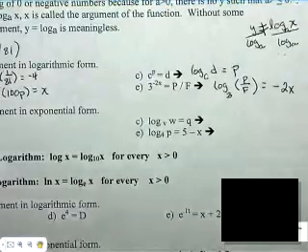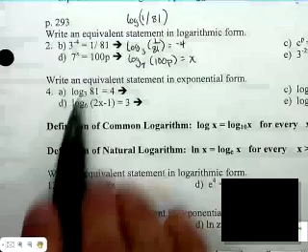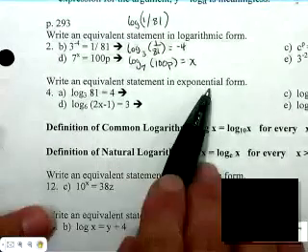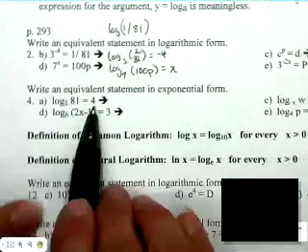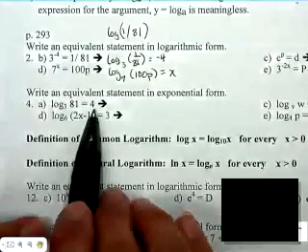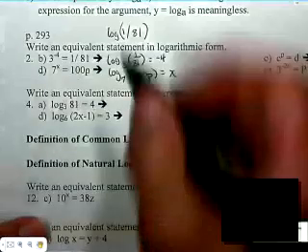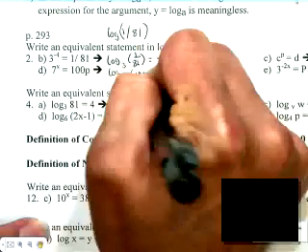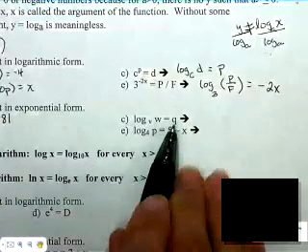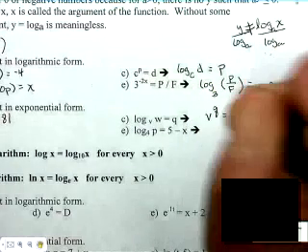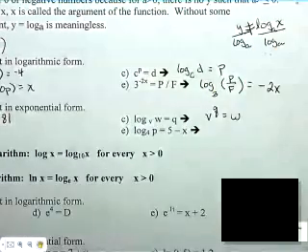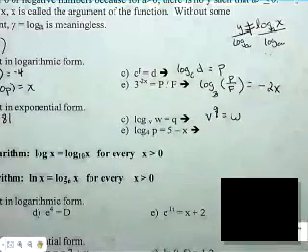All right, what about going the other way? I've given you logarithmic expressions. Let's write them in exponential form. The A part, log base 3 of 81 equals 4, means what in exponential form? All right, 3 to the 4th equals 81. C part, log base V of W equals Q, means what? All right, V to the Q equals W. D part means